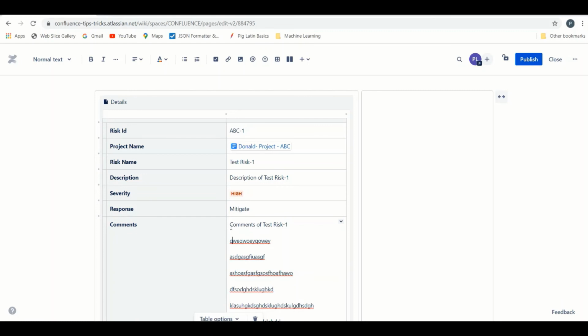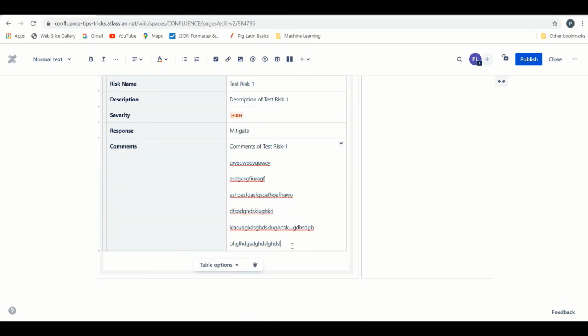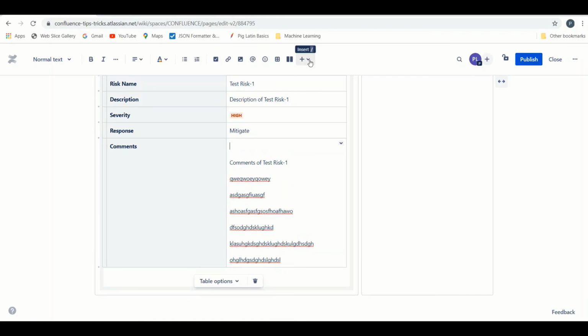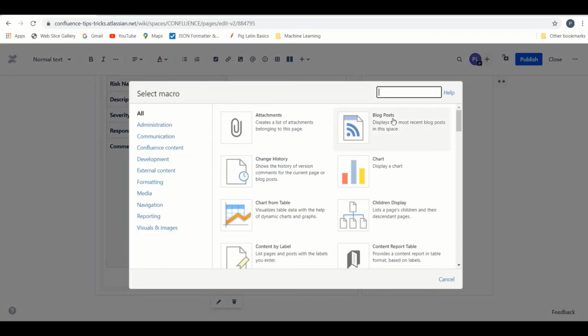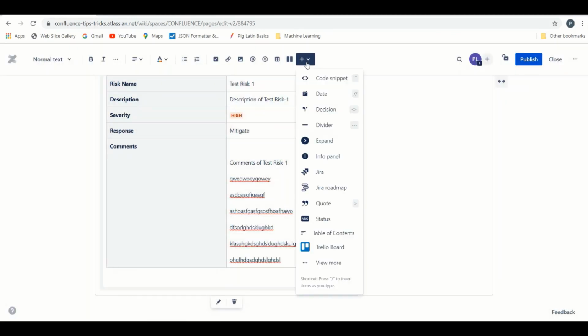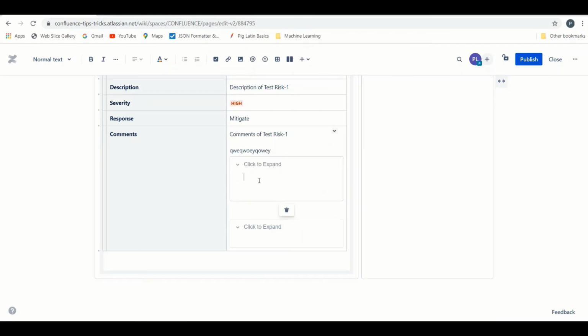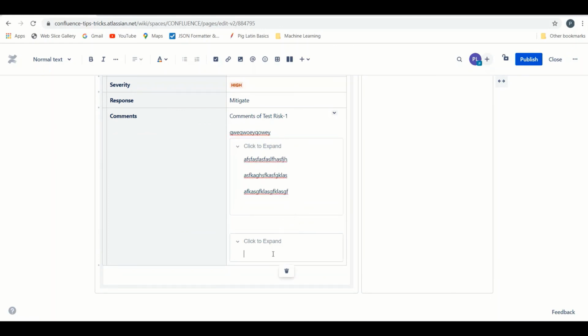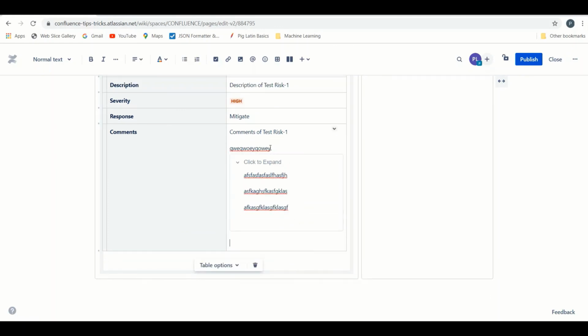So what we are going to do is apply a macro that collapses this particular information into a single line, and whenever someone wants to view it, they just click on it, it expands and they see the details. And how we do it is we again come over here, insert, and then we have something called expand. Let me remove this for now and cancel this part. We type,